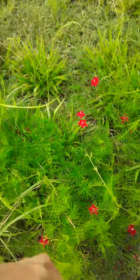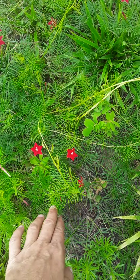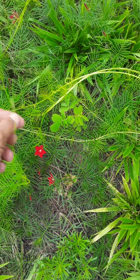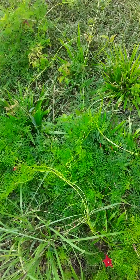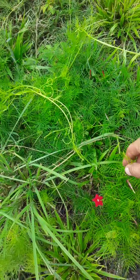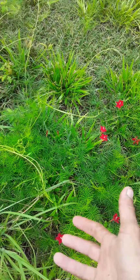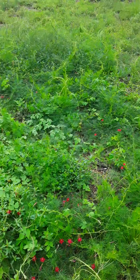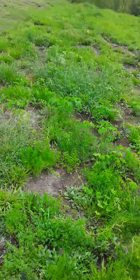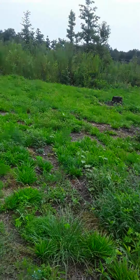But anyway, for Christmas wreaths, I see a lot of people harvesting these and weaving them into their wreaths with pine cones. You could weave them in and spray them down like this to keep them in their natural existing look for your wreaths on your houses. And then there's a lot of these other types of plants that I'm thinking about harvesting, and of course